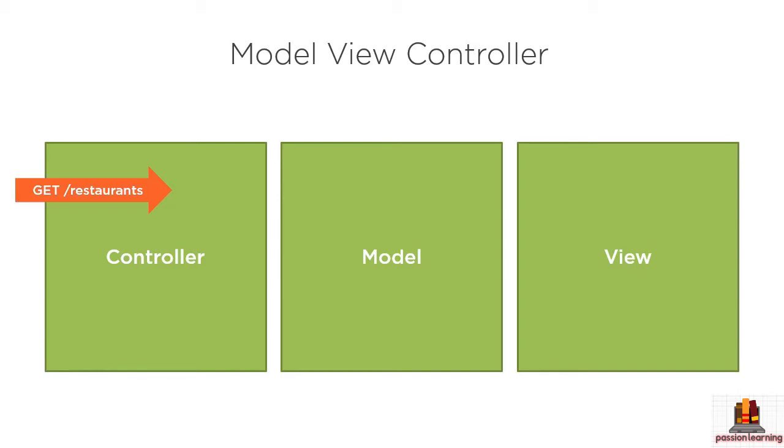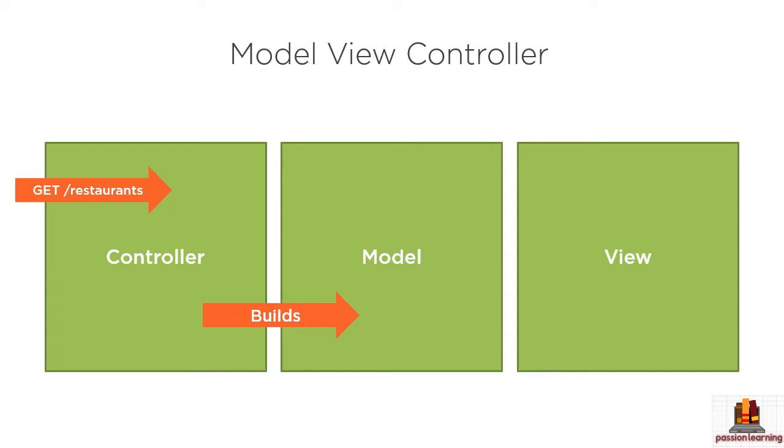So if the user wants to see a list of all the restaurants that we know about, the controller doesn't immediately render the HTML that our user wants to see. Instead, the controller is going to build what we call a model. That's the M in the MVC design pattern. We typically want to think of the model as encapsulating everything that the user needs to see on this particular URL. So if I come to your application and I go to /restaurants and I want to see a list